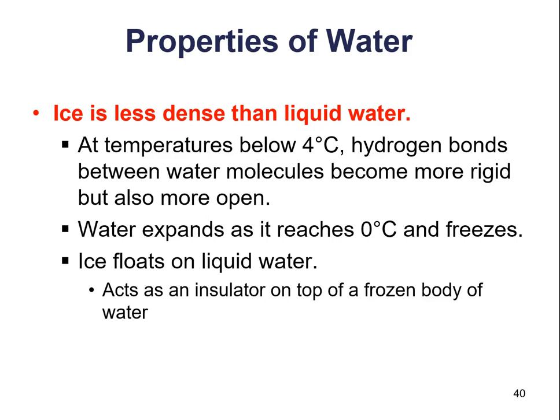Why is this super important? It acts as an insulator, right? So we're thinking about in the winter, there's fish, there's other aquatic life that's in a pond. If ice was more dense, it could freeze from the bottom up. It would just kill everything that was in that pond, right? But instead, because ice floats on water, it actually acts as an insulator and keeps that water temperature even warmer,